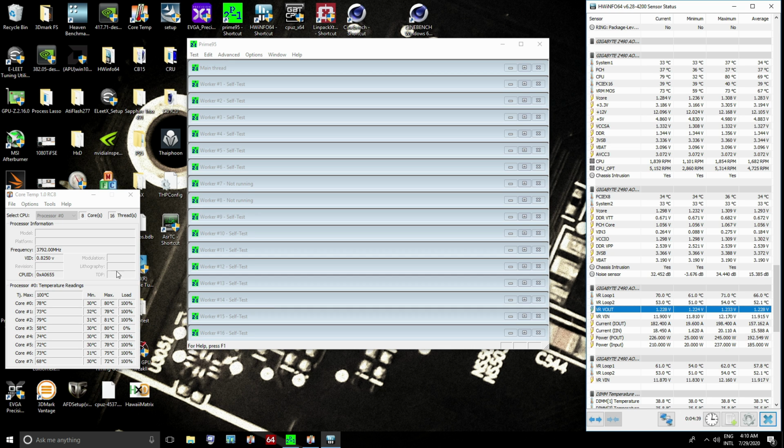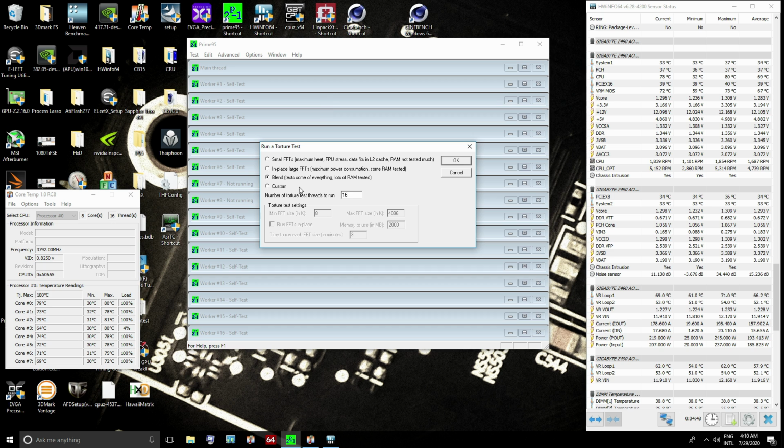Okay, I think I've proven my point. This isn't stable. You shouldn't be losing workers all the damn time in Prime95 as soon as you move your mouse. That's not okay. You can't consider that a stable overclock, but,